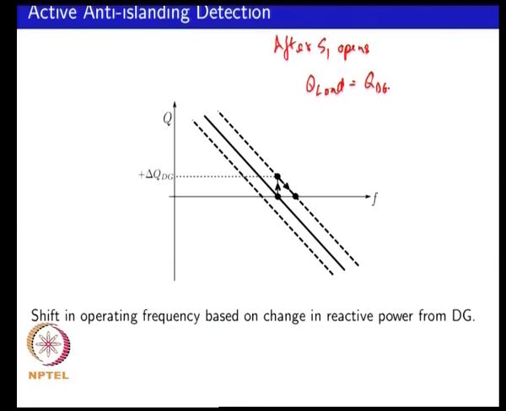So Q load is what is being consumed, and Q DG is what is being sourced at the DG point. And if your DG operating Q shifts by a value of delta Q DG, so this would be your original value, and if it shifts up,